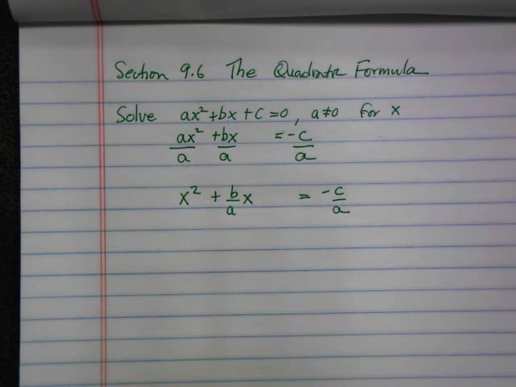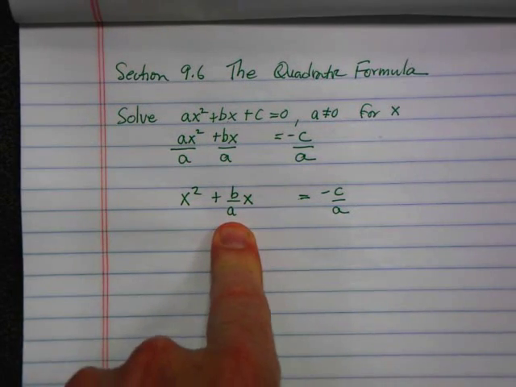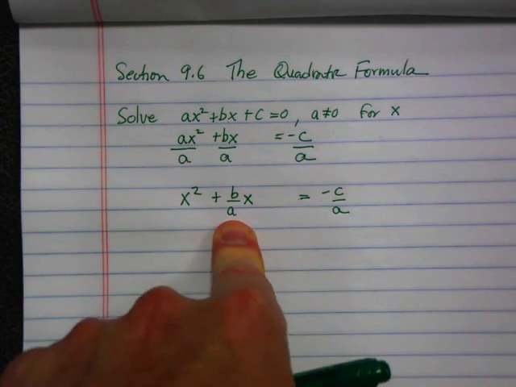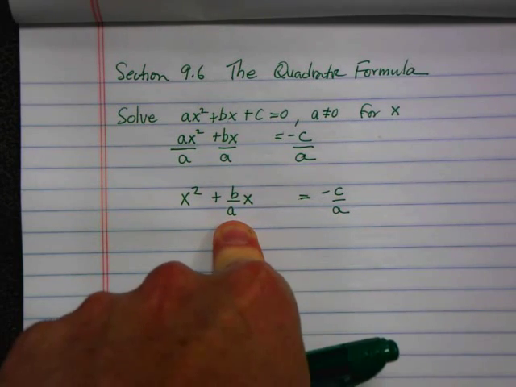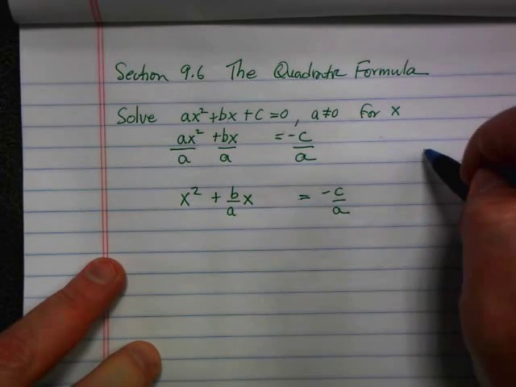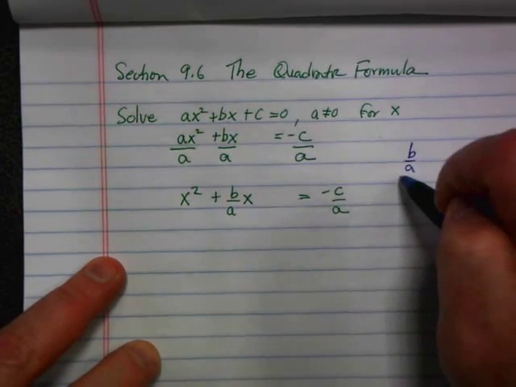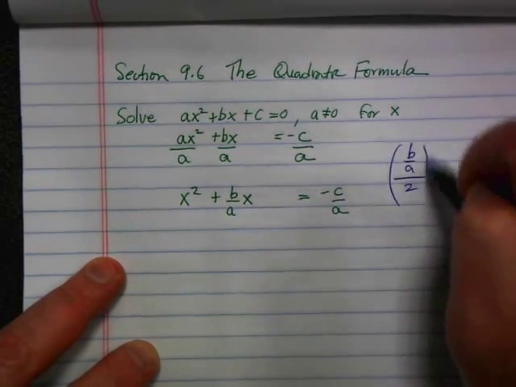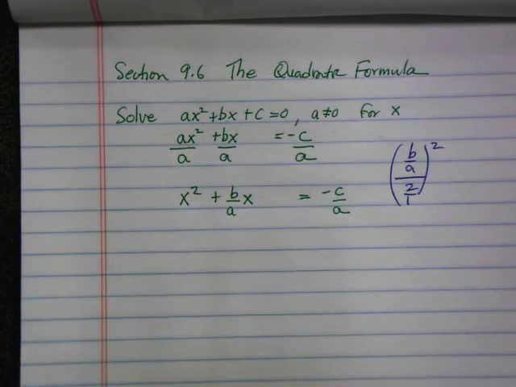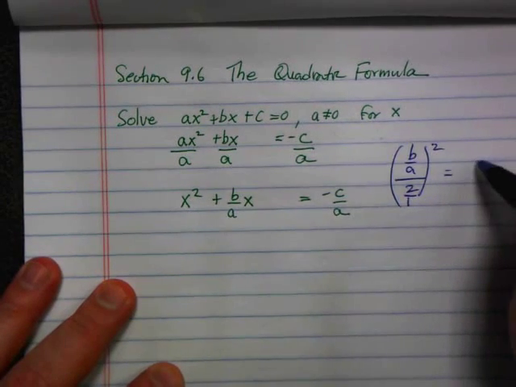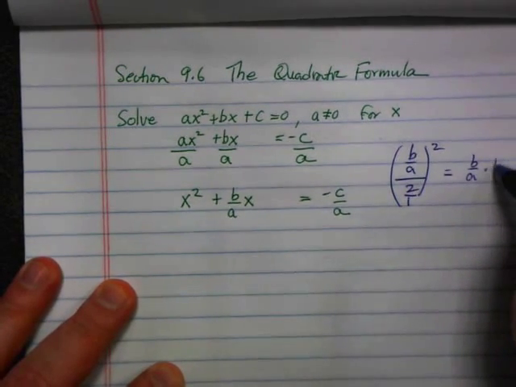How did we figure out our magic number? We take this thing in the middle, which is b over a. We divide it by 2, and then we square it. And I'm going to do the same thing we've done all along. I'm going to think of the 2 on bottom as 2 over 1. I'm going to flip and multiply. That's b over a times a half